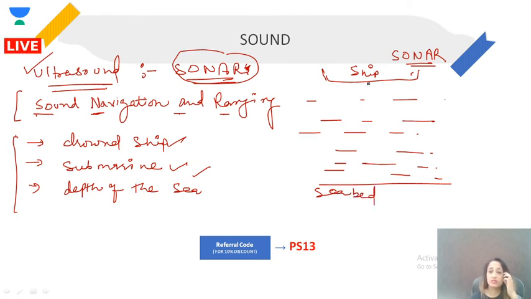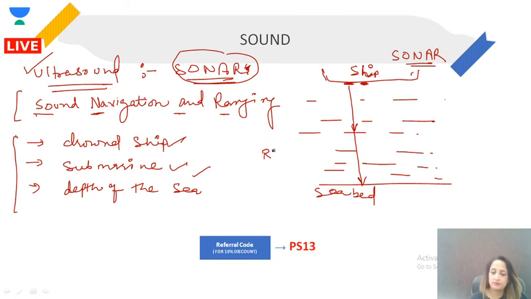Let's say we want to see the depth of this sea, or we want to see if something got drowned and is present in the sea, then this is the device that we use. So here we have the transmitter. It will send the ultrasound into the sea,